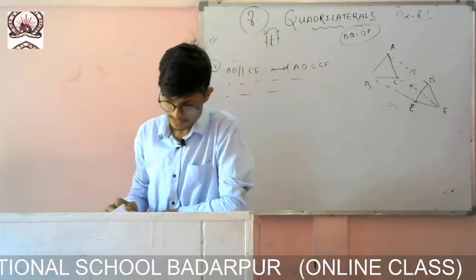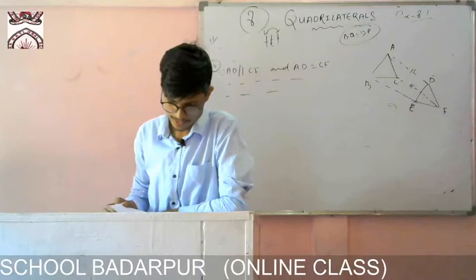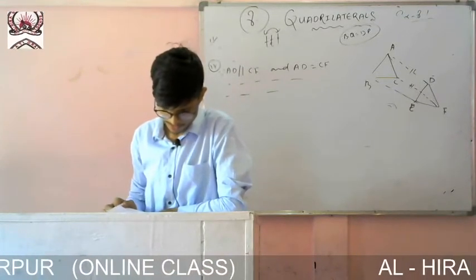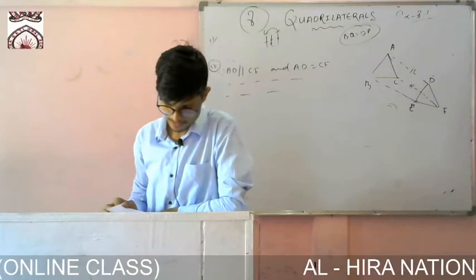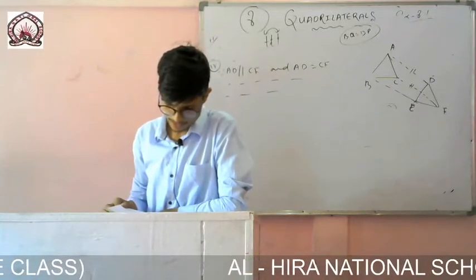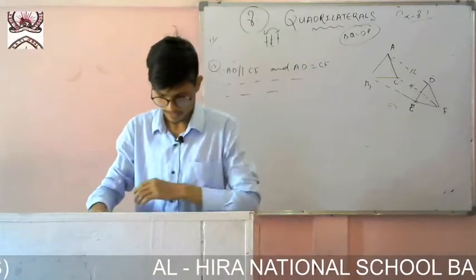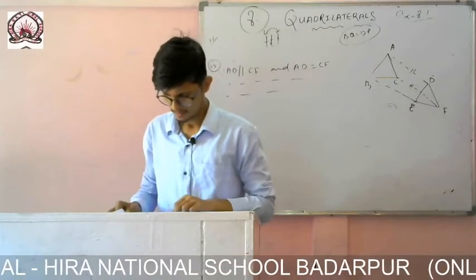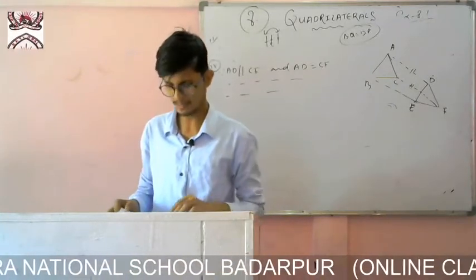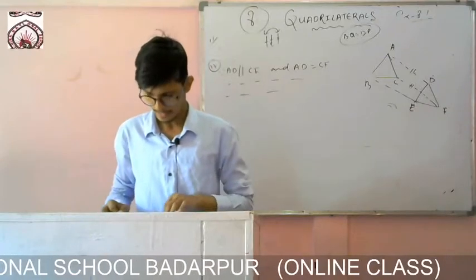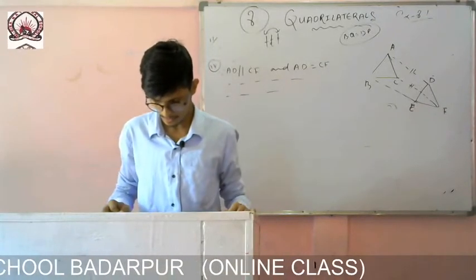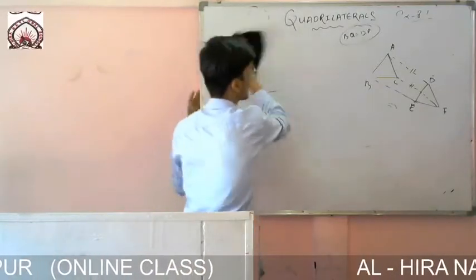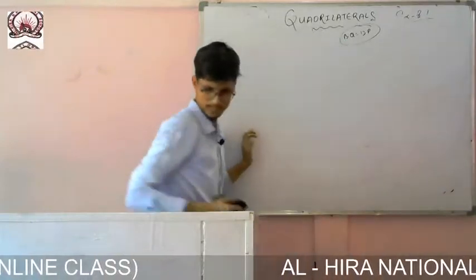Question number 12, ABCD is a trapezium in which AB is parallel to CD and AD is equal to BC. Show that angle A equals to angle B, angle C equals to angle D, angle ABC equals to angle BAD, and diagonal AC is equal to diagonal BD. This one you can solve very easily. So many sums I have done, you try this one. Angle A and angle B you can solve very easily, you just need to do a small thing. I am just showing the figure and I will explain it. Very easy sum.